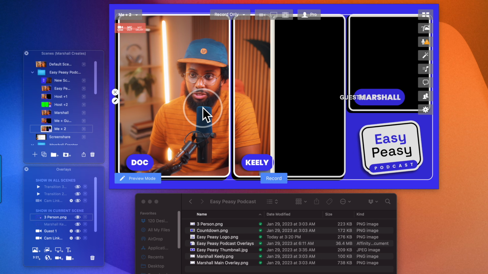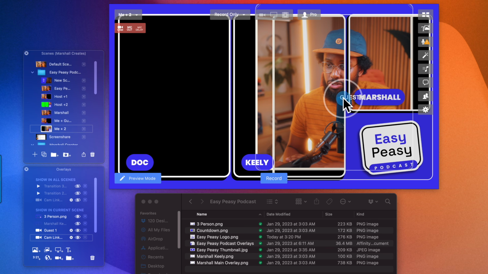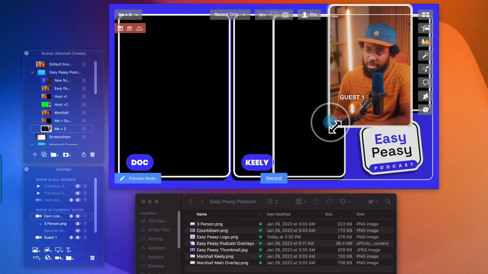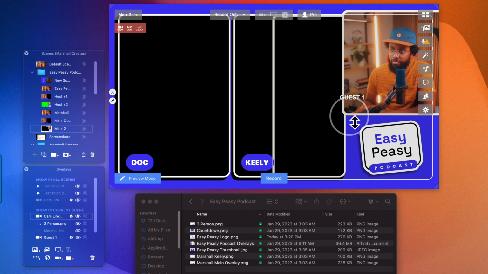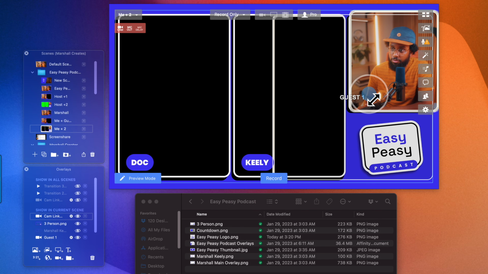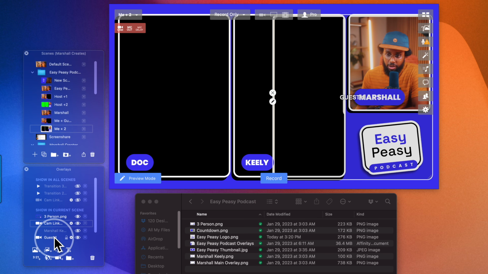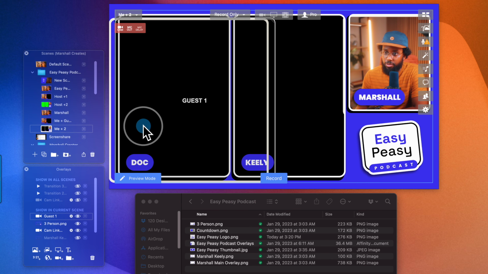Boom. So as you can see, it looks a little weird, but I'm going to move myself into the corner, and I can actually drag this cam link to the top layer to make it easy to maneuver. Boom, that looks good. Now I'll go ahead and drag myself underneath of the overlay. Now for this guest overlay, I'll bring this to the top, move this over,